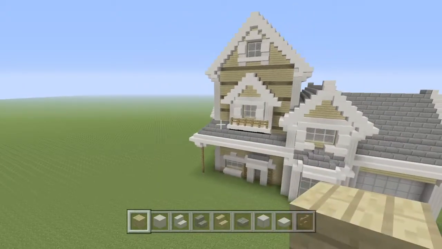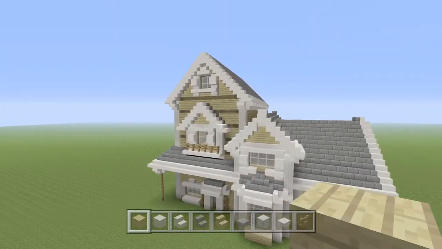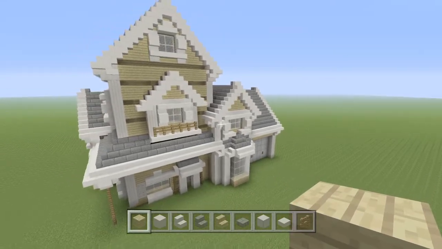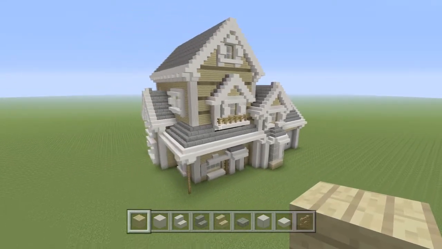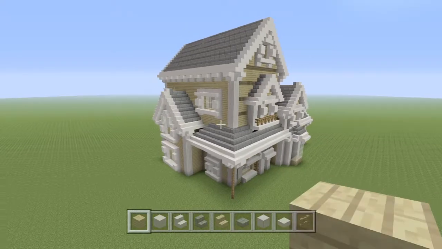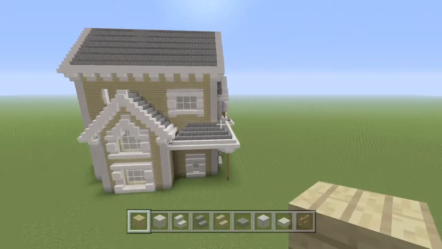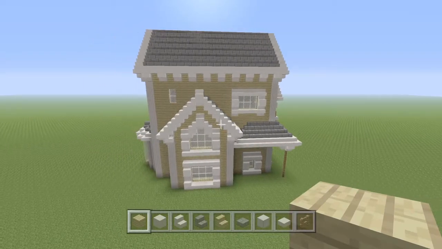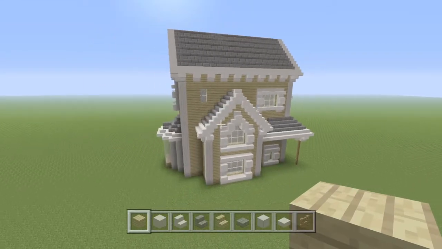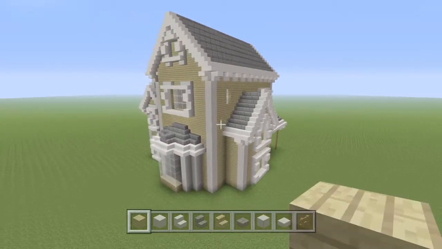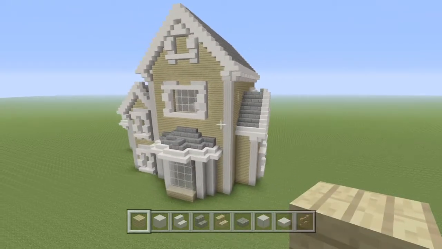Today I'm going to be slightly tweaking and changing the interior of this sort of suburban house. This is only an exterior build. It was a YouTube tutorial by Grian on YouTube. I highly suggest you check out his channel. So I replicated his house on one of my worlds, and he didn't include an interior